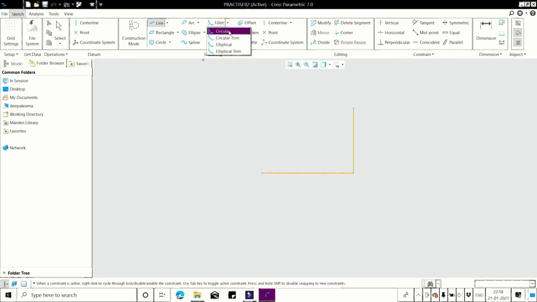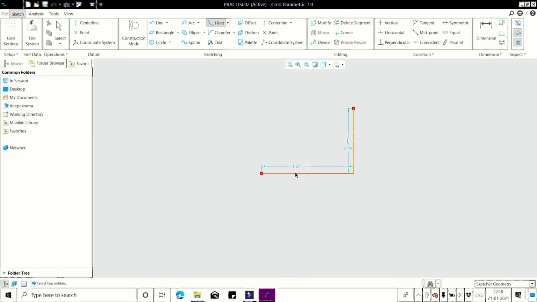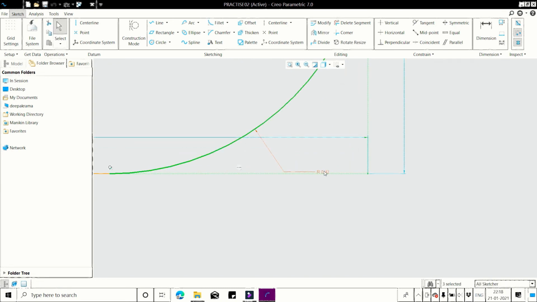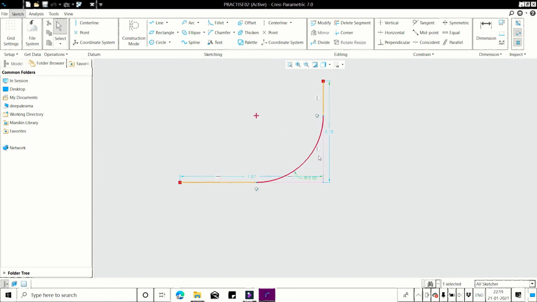So the first one is the circular fillet. Choose the first line, choose the second line. So your fillet is created. You can change the radius of this fillet. I will give it as 0.5. See, fillet is created.